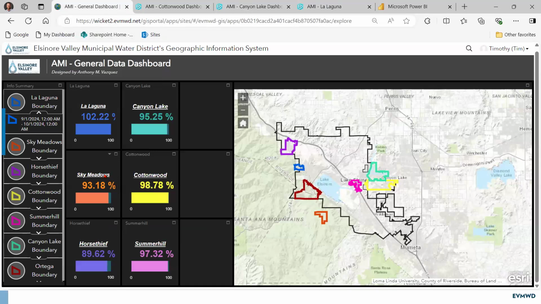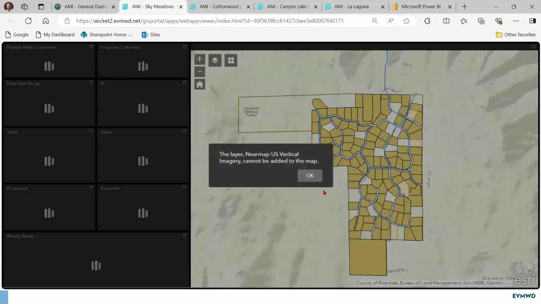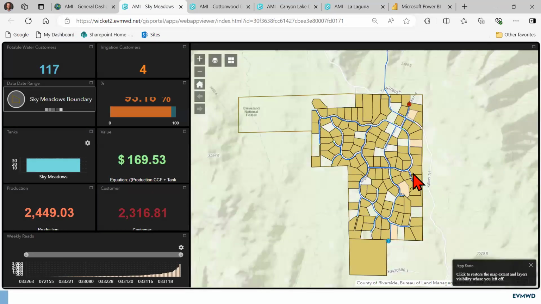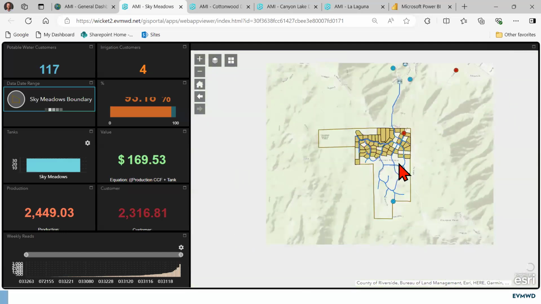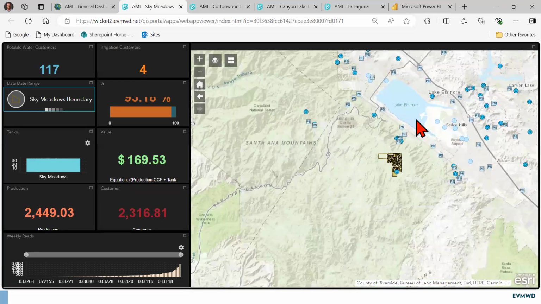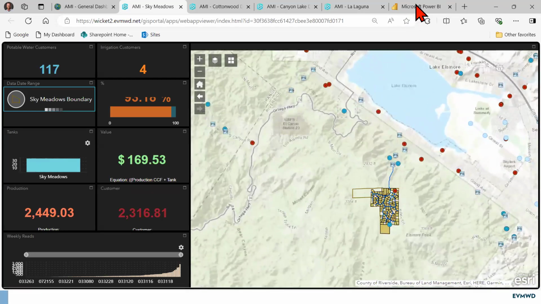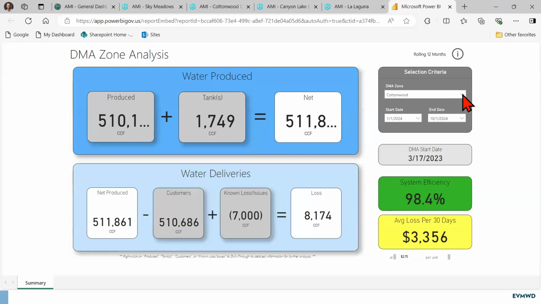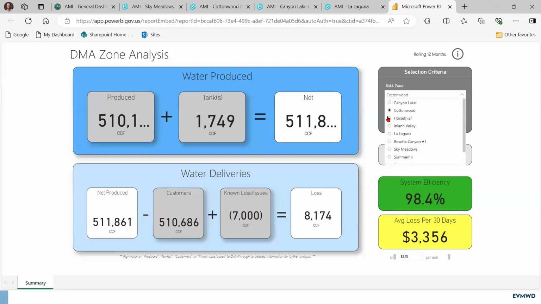So, Sky Meadows is a very small community up in the hills of the Ortega Mountains. It's about 120 residential properties here. Now, the blank ones are basically unbuilt properties that don't have a meter, but you can see how far away it is from the rest of the community. But what I want to show on this one, real quick since we are running out of time,